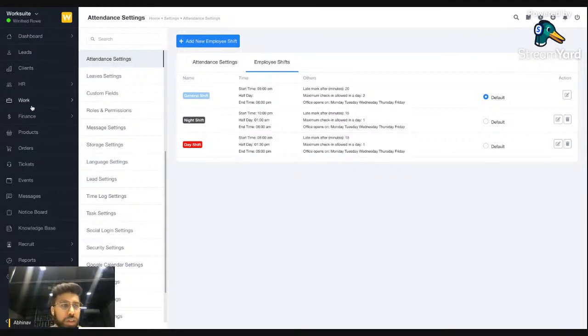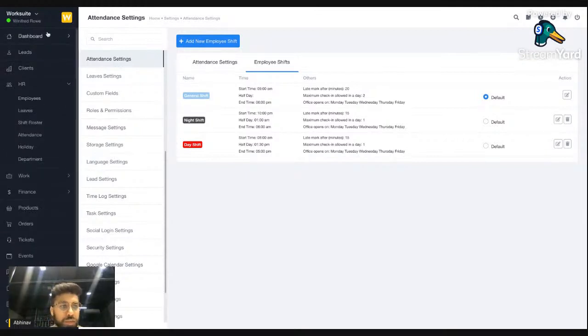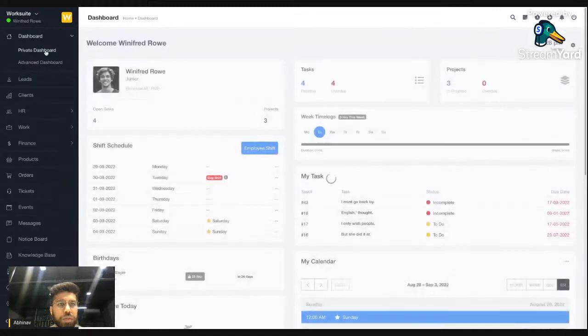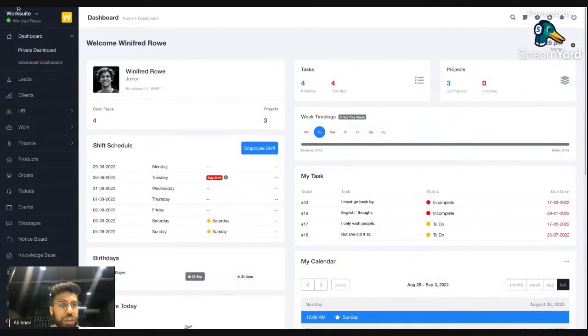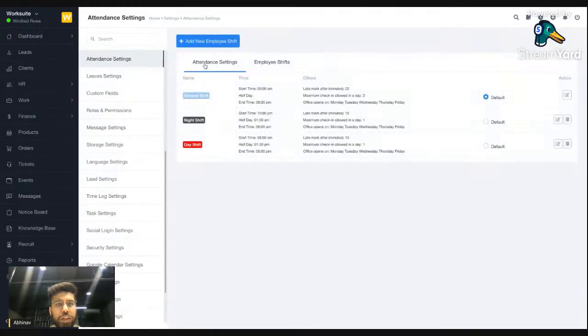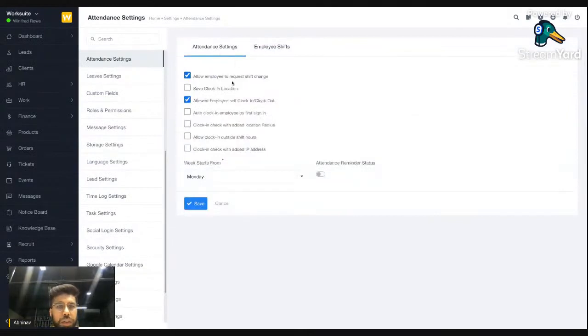Now coming to the attendance section. If you go to this section, like the dashboard. Now first I think we should cover the attendance settings. So in the settings,